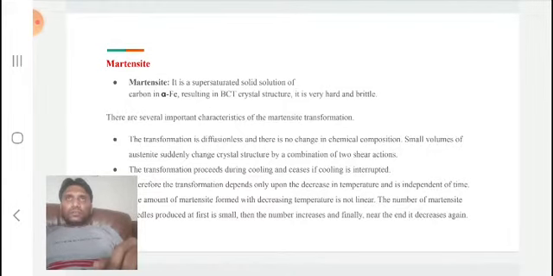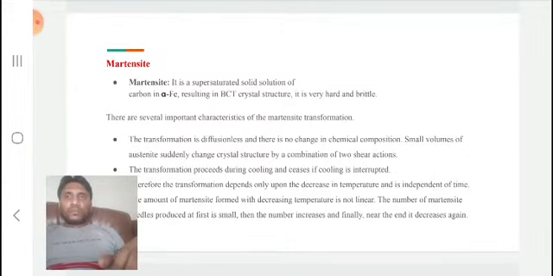Okay, so there is no chemical change, where we are not adding any extra carbon or any other alloying element to increase the hardness or strength of the material. We are only, by just heat treating, only by heating and cooling, changing the austenitic phase to martensitic phase, and martensitic phase is a very brittle and hard phase which increases the hardness of the material.